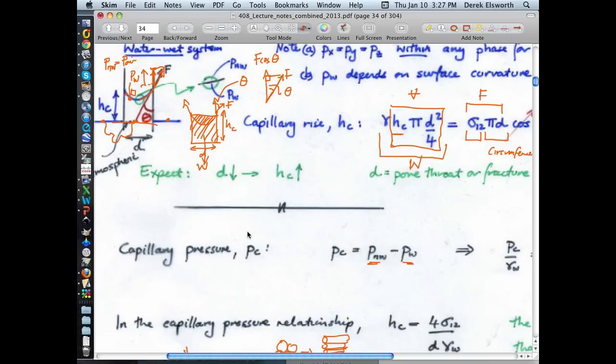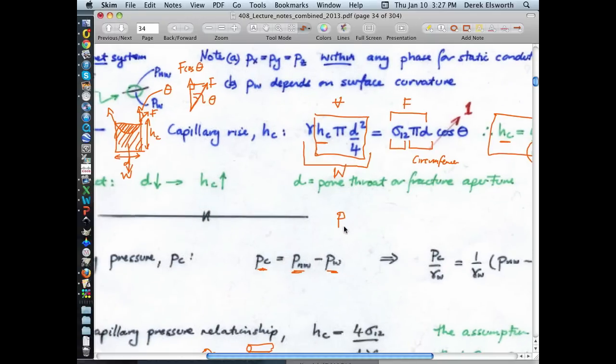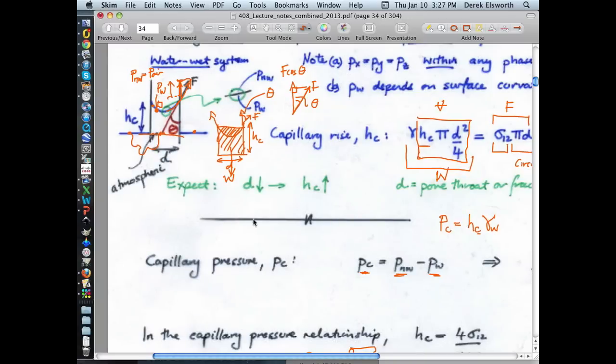And the reason it's not the same as the air pressure is you have basically a catenary, which is in tension. So you're thinking of this horizontal surface of the water, you lift up the sides of it so it's in this bowed shape. The air pressure above it is atmospheric, which we're taking as zero. The pressure in the water above that will be less than atmospheric. It's in tension. And so the magnitude of this capillary pressure is actually equal to the height rise multiplied by the unit weight of the water. So in other words, you could think of this as,